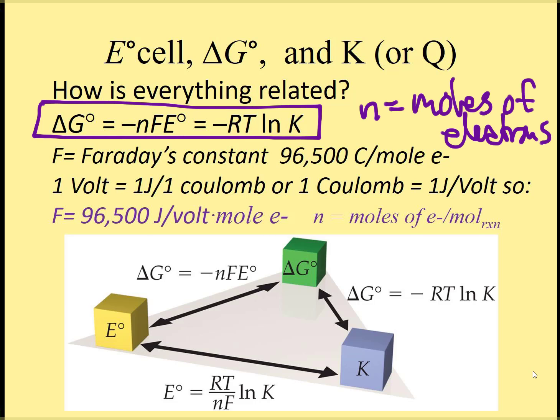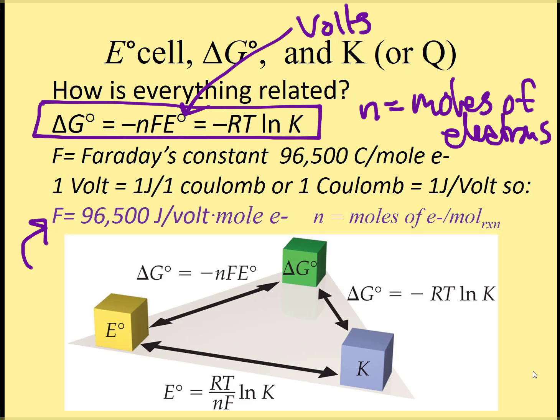F is known as Faraday's constant, and it is given as 96,500 coulombs per mole of electrons. And then that E is your volts. The relationship between volts and coulombs, which again will be on your data sheet, is 1 volt equals 1 joule per 1 coulomb, or you could rearrange it and have 1 coulomb being equal to 1 joule per volt. And when you combine the two,